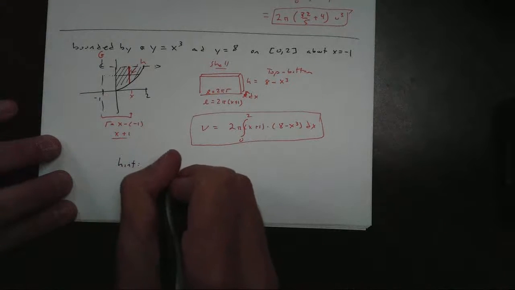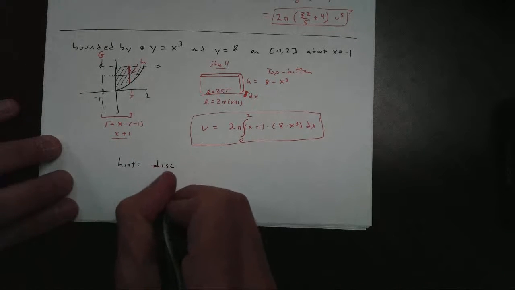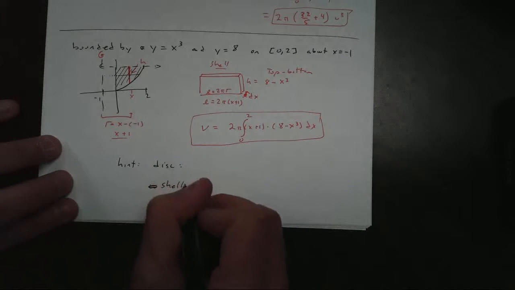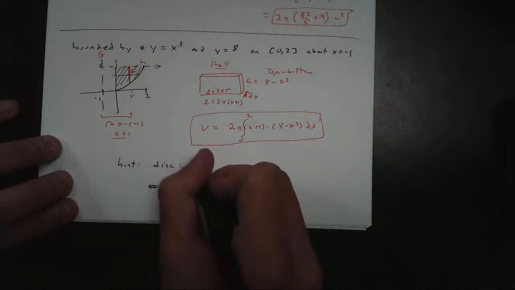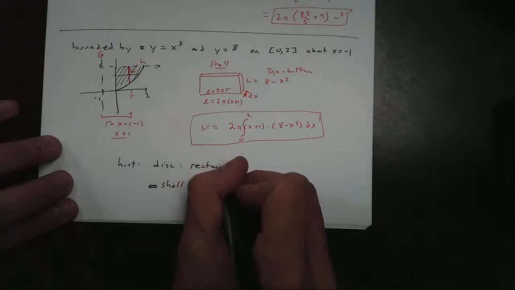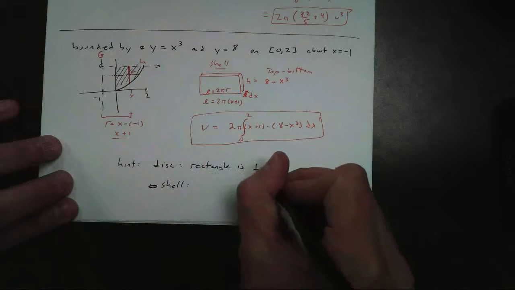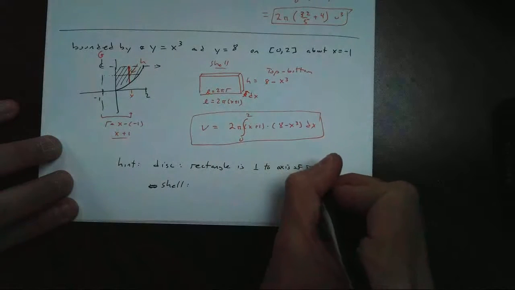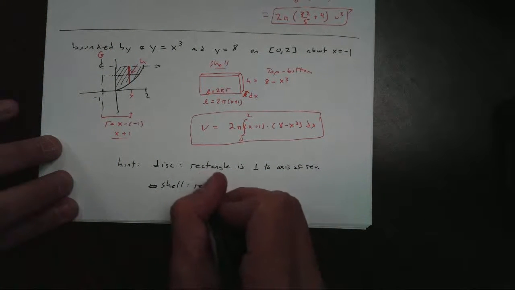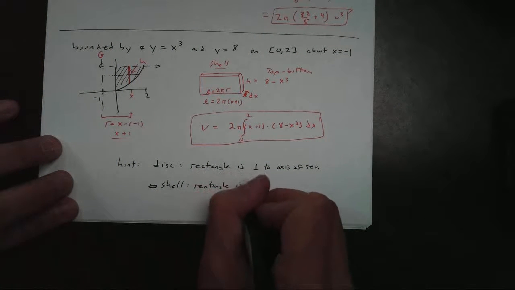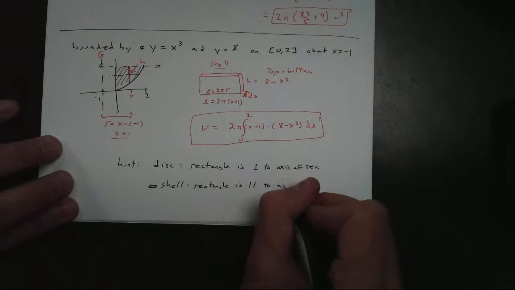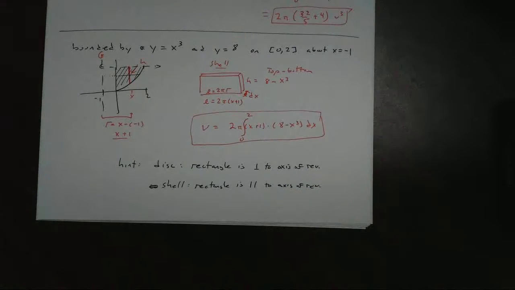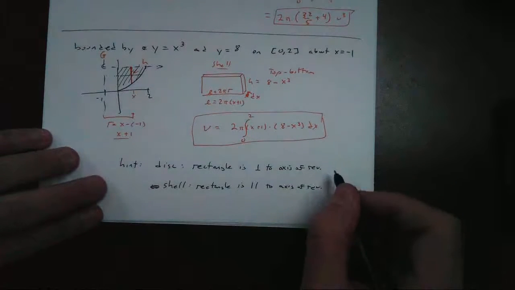Okay? When to use a disk, when to use a washer. Now when I say disk, I mean a washer, and when to use a shell. Okay? Well, first of all, disks: the rectangle that you draw is perpendicular to the axis of revolution. In a shell, that rectangle is parallel to the axis of revolution. Now, other times to use it. A disk, you want to use a disk